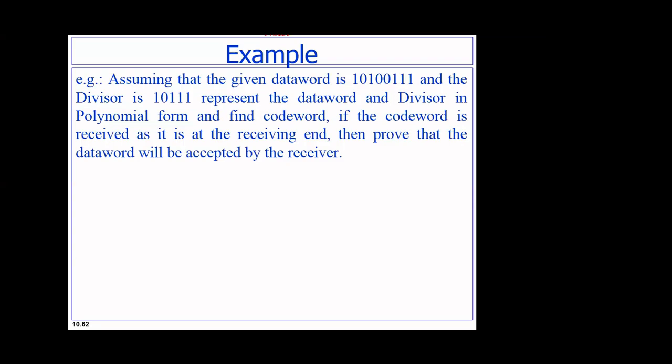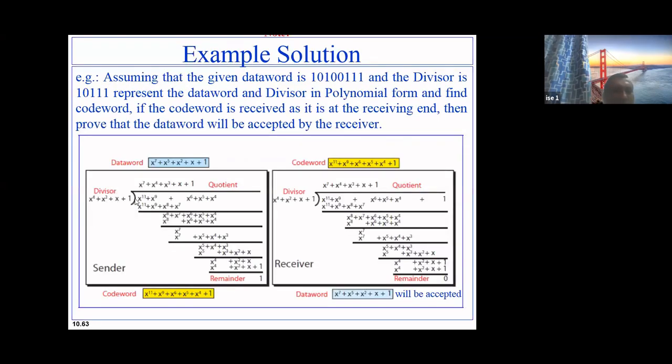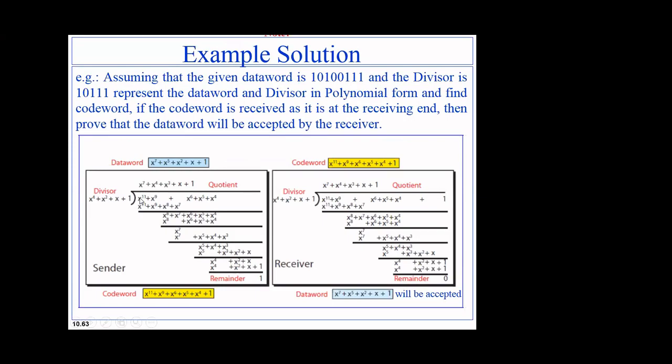Yes, sir, it is accepted. So how much is it coming? This is nothing but x to the power 4 plus x square plus x plus 1. This is x to the power 11. Now what you have done is you have to shift. Why have you got x to the power 11? Because we need to shift.